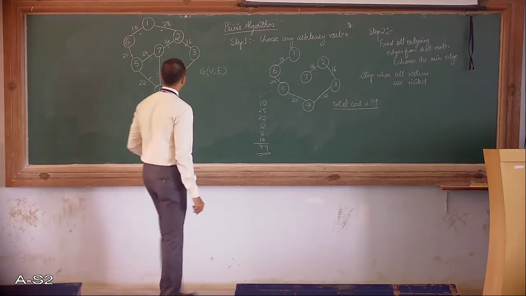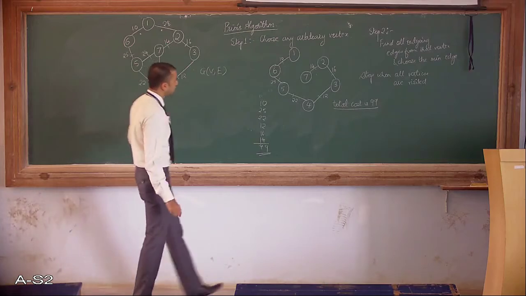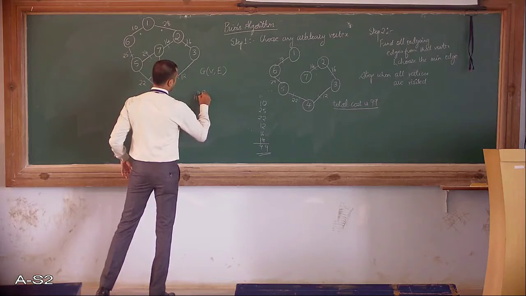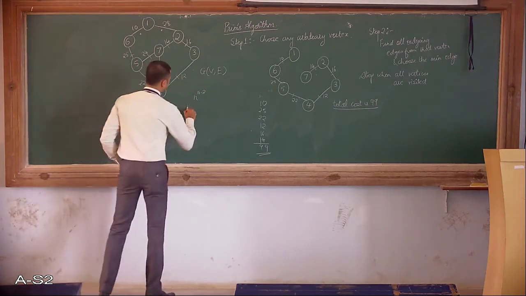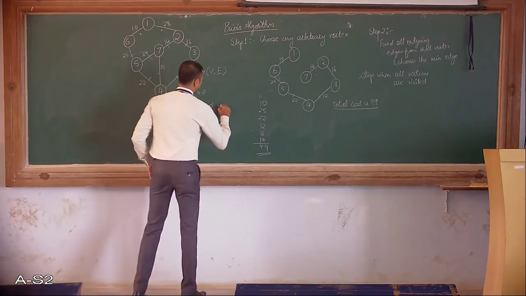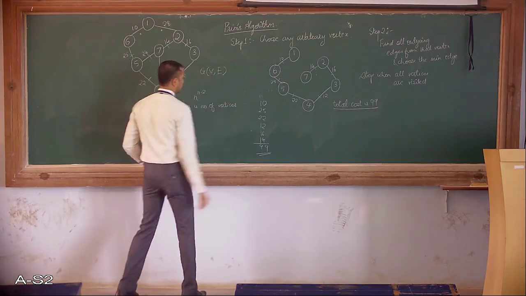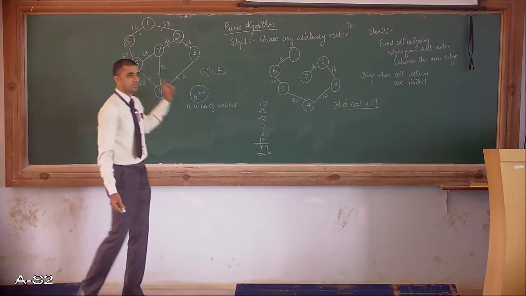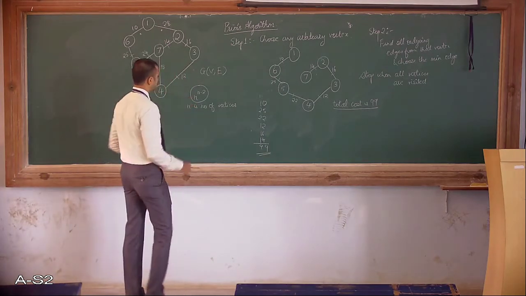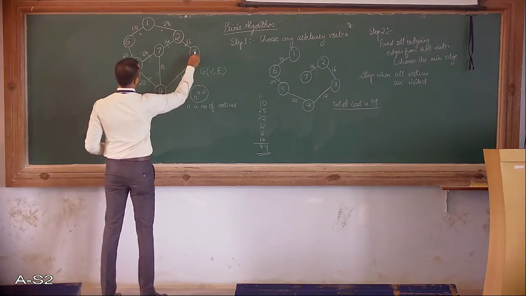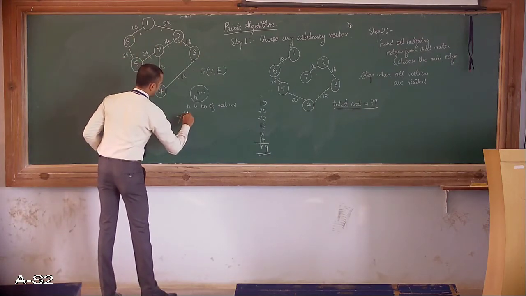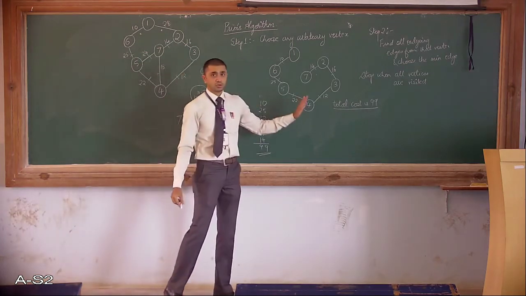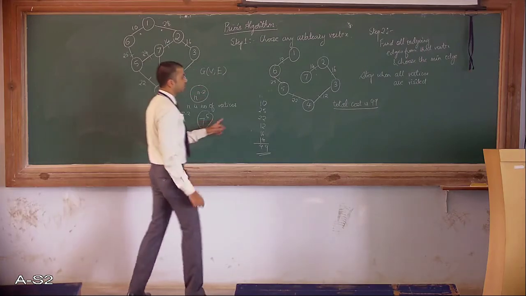Out of a given graph, if you want to consider the total number of spanning trees that can be generated using it, it will be n raised to n minus 2, where n is the number of vertices. So these many spanning trees can be generated with the help of a given undirected weighted graph. Suppose this has 7 vertices: 1, 2, 3, 4, 5, 6, 7. 7 raised to 7 minus 2, so this will be 7 raised to 5. So I have to generate these many spanning trees and check which one is minimum.